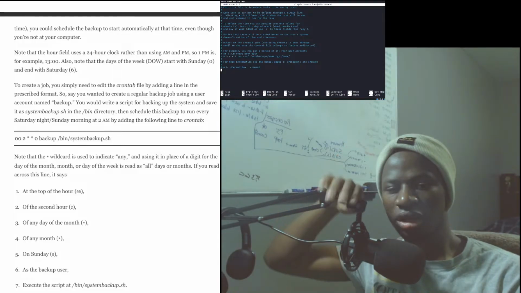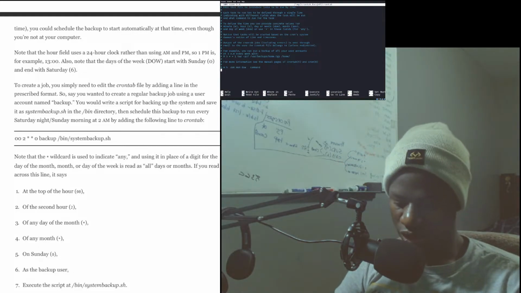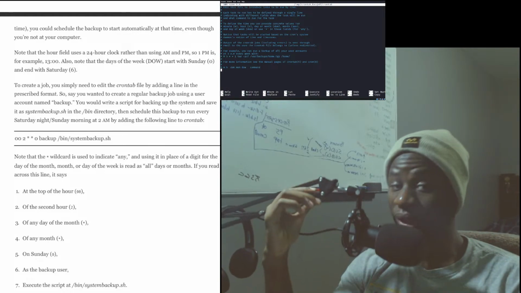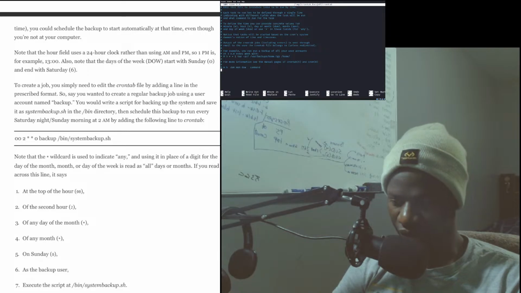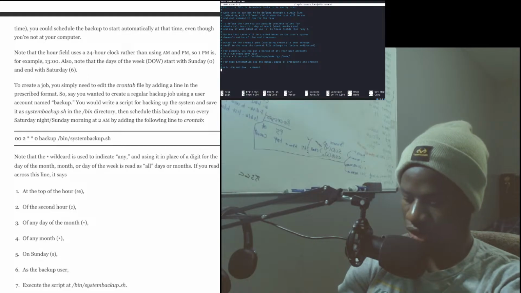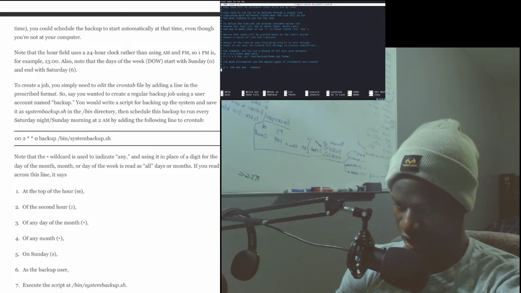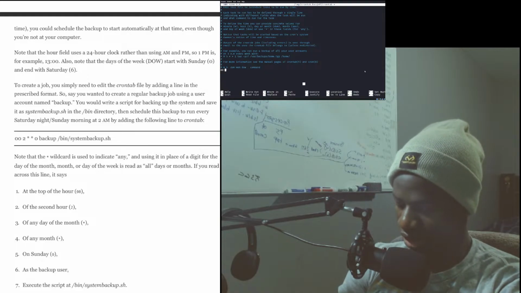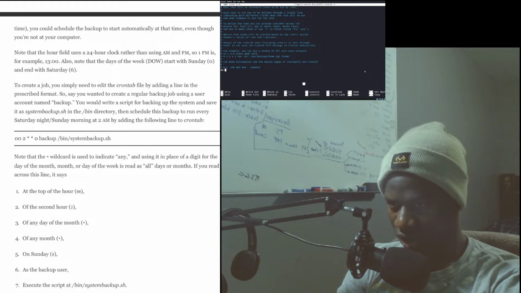Let's see. All right, so let's try doing that. Let's just make this backup, and then we'll see what we can set up to do at those specific times, because I do not have that yet. So let's see what we'll do with these commands. First we create, the first again is the minutes. Whoopsie. It's minutes. And then hour, we could just do, what time is it right now?